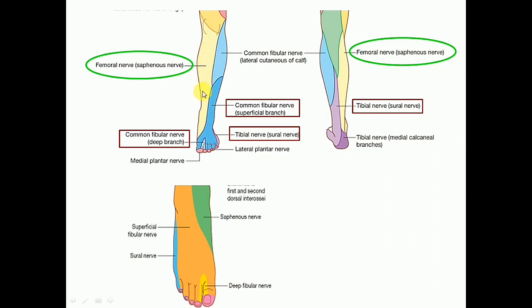So as we can see in the figure, the saphenous nerve, which is a branch of femoral nerve, supplies the skin of the medial side of leg and the medial border of foot up to the base of big toe, whereas the superficial peroneal nerve supplies the skin of the lower 1/3 of the lateral side of leg and the skin of dorsum of foot, except the skin on the lateral border of the foot, which is supplied by sural nerve. Also the skin of the cleft between the first and second toe is supplied by the deep peroneal nerve. So the correct answer is the saphenous nerve.